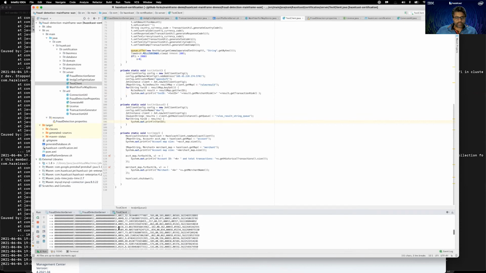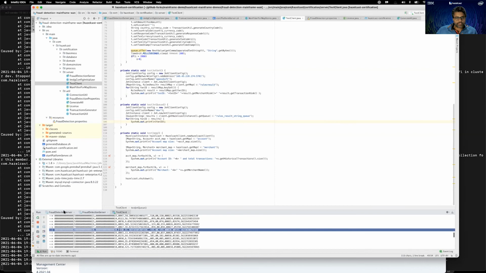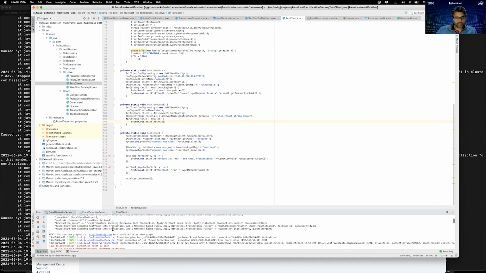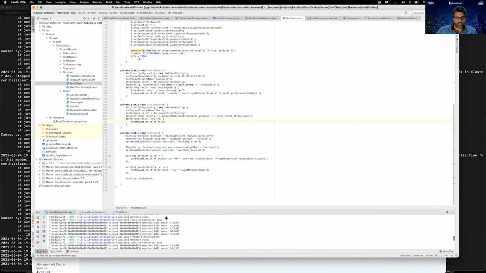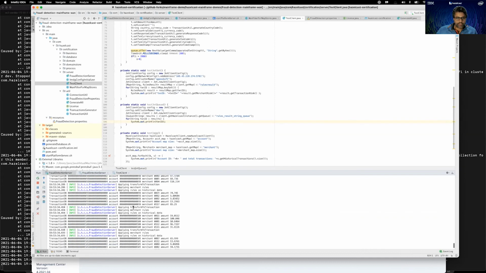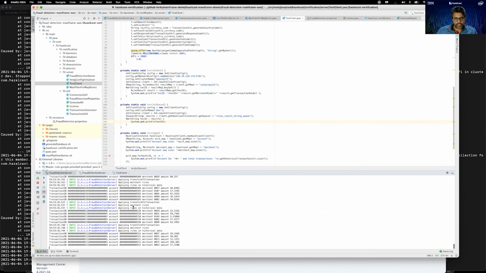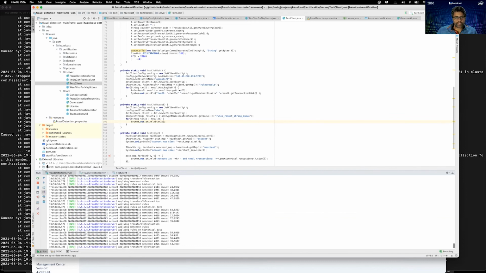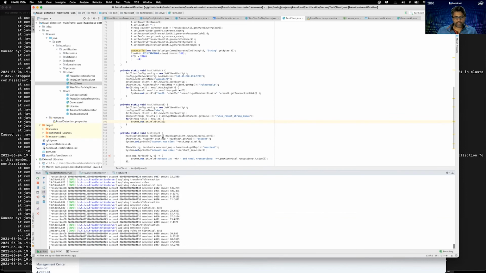These transactions are now being submitted and should reflect on one of the consoles of one of the servers. So all these transactions are being processed in real time. This test client is submitting transactions for processing to the cluster, and my cluster is processing them in real time as and when they arrive.